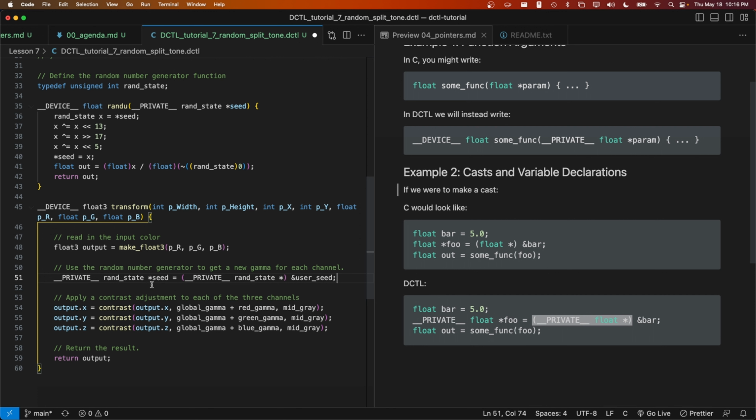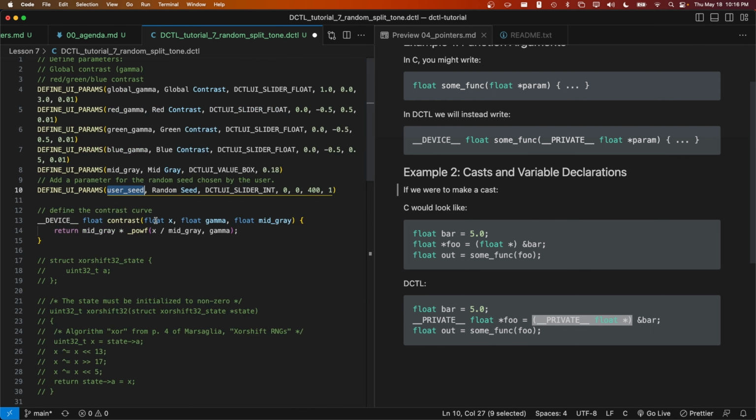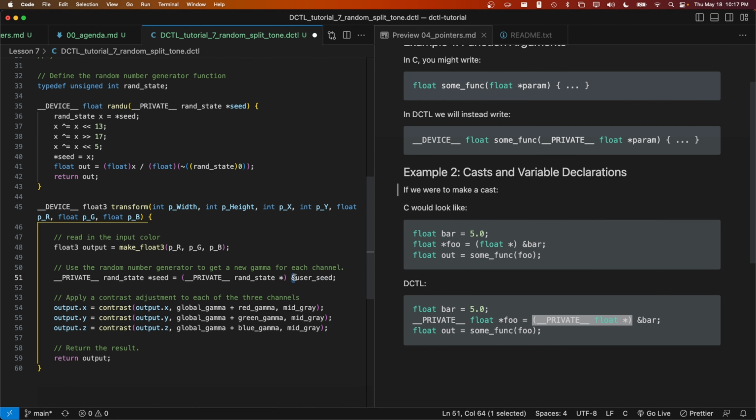Okay, so now we have established our seed, which we've defined by taking user seed, which is the parameter provided by the user. We've identified the address of that user seed, and we're saying that that address is pointing to a random state. At this point, we've written quite a lot of code using the seed and our private qualifier and whatnot. I think it's important to make sure that this code is actually working as we expect,